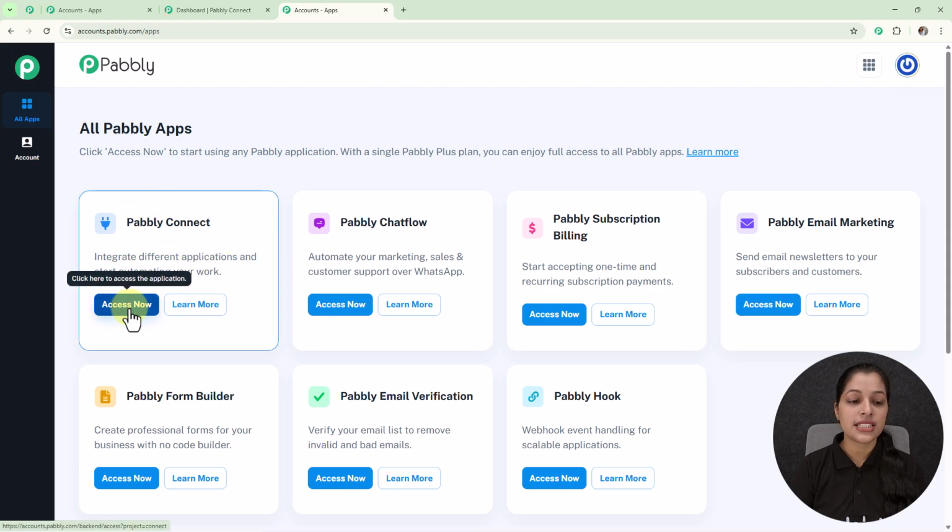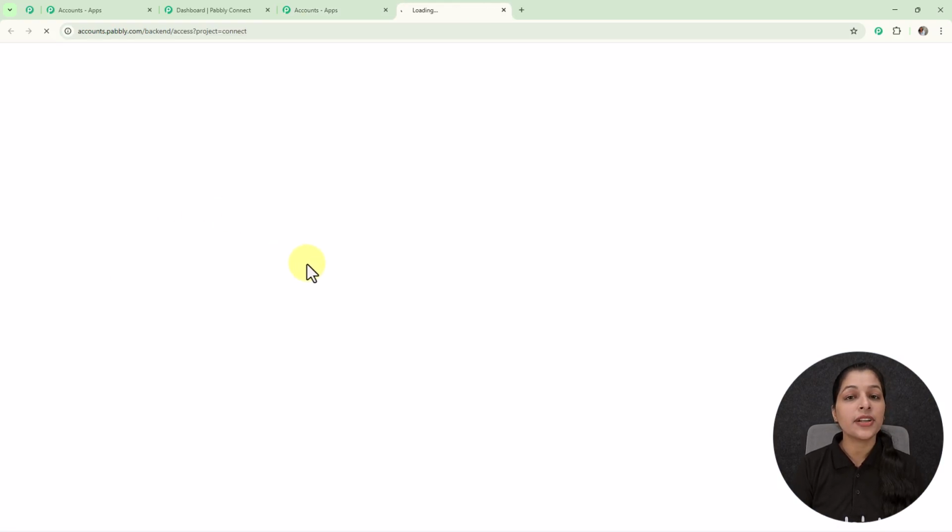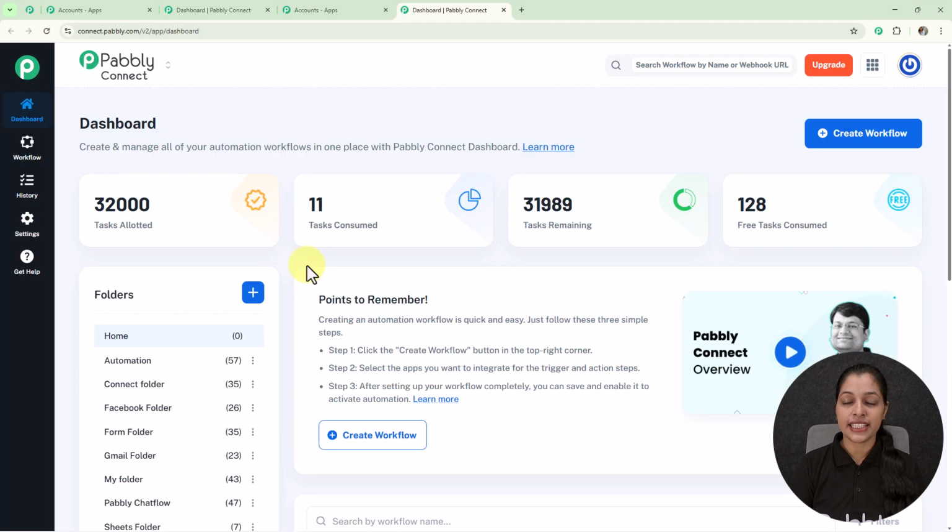So now let's click over this access now button, and we will land on the dashboard page of Pabbly Connect, which can be seen here. And here you can see all these folders where I have organized all my workflows by integrating different applications. And if you also want to create a folder for organizing your automations, then you simply have to click over